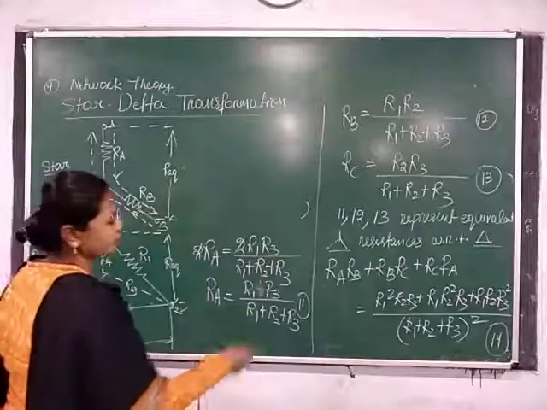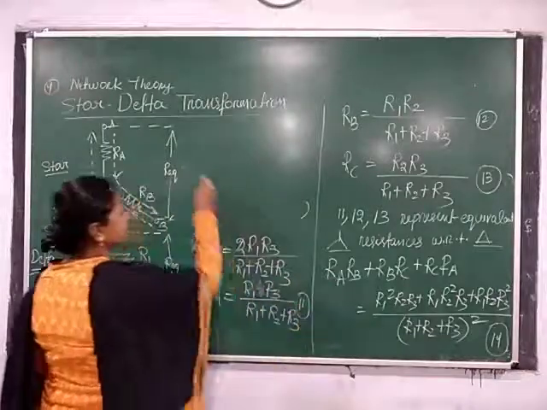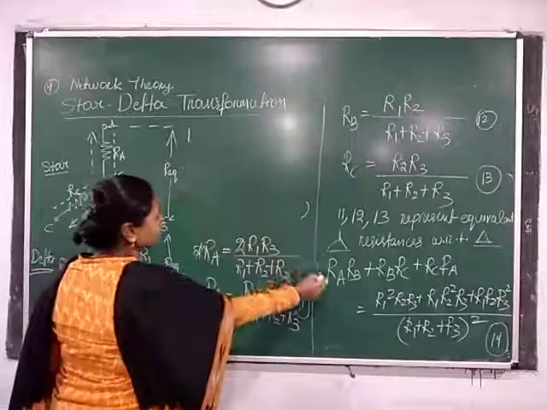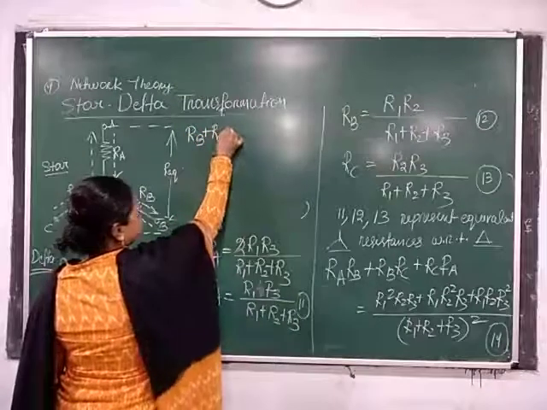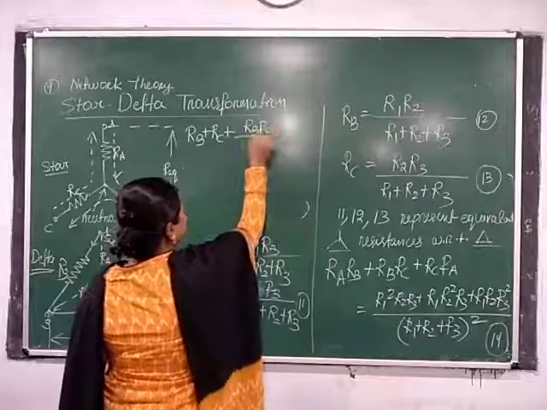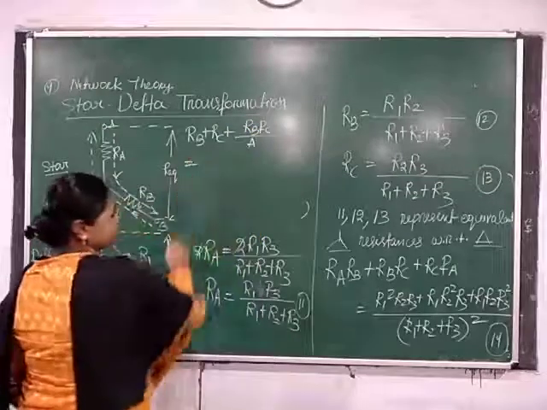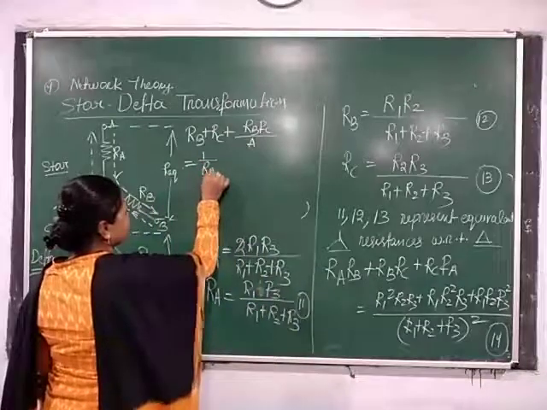If you divide by RA on both sides of equation 14, the left hand side simplified is RB plus RC plus RB into RC divided by RA, and on the right hand side you get 1 by RA